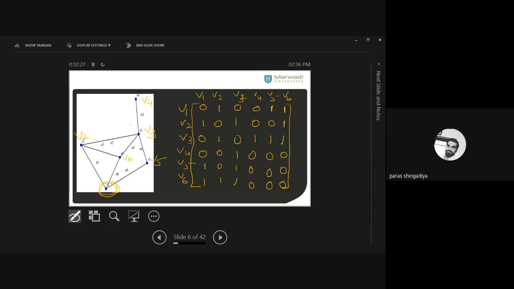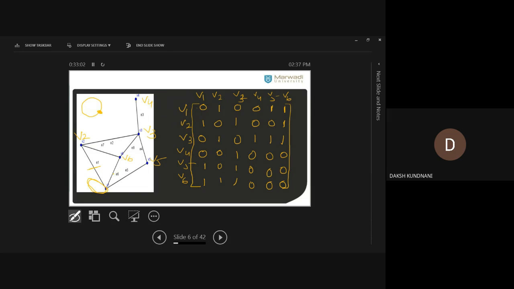Let's consider, if I consider there is one edge starting and ending at the same vertex, for example, this one, create one edge with a starting and ending vertex. It is known as a loop. Consider V1 to V1, if I create it, it is known as a loop. Is it clear?